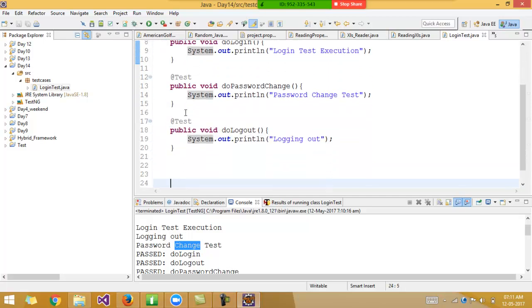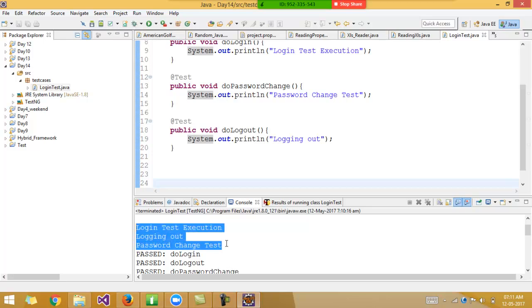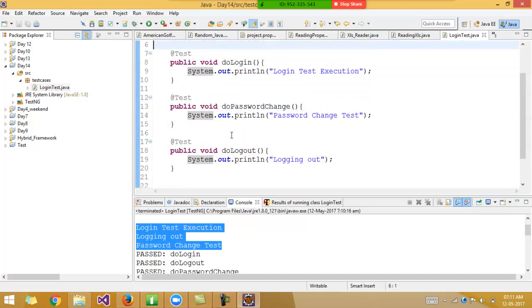Okay, this is TestNG itself. Now the order of execution of the test cases is a little jumbled up. So we have to prioritize the test cases. You have to write over here